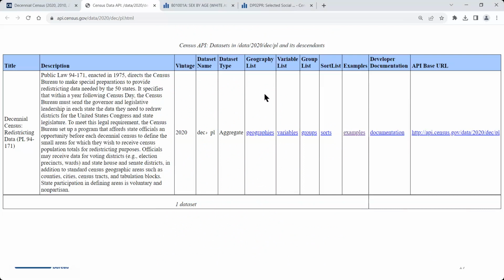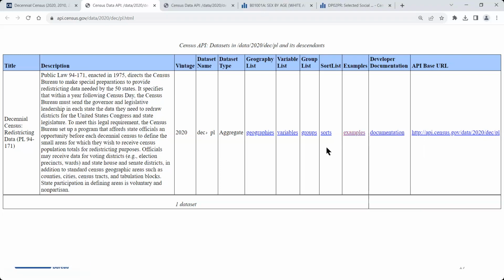So on this page, there's a couple different links we see, but there's really just two I want to focus on to help build out this query. I want to look at the examples list here to find how the syntax is built out for my geographies. And then I want to look at the variables list to find that total population variable I need. So what I'm going to do is actually work between two different tabs here. So first thing I'm going to do is right click on examples and open this examples list up in a new tab.